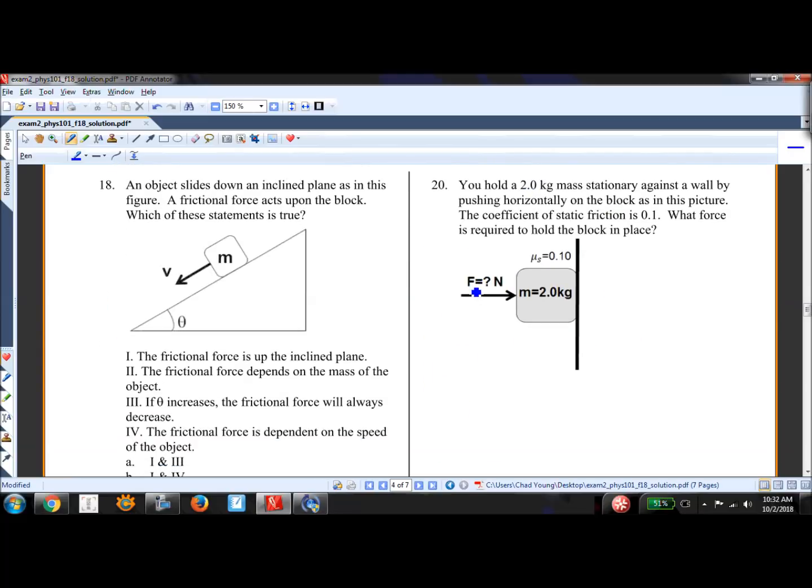All right, an object slides down an inclined plane as in this figure. A frictional force acts upon the block. Which of these statements is true? The frictional force is up the inclined plane. Yes, Fk is up the inclined plane. The frictional force depends on the mass of the object. Yes, because the frictional force depends upon the normal force, which is affected by the gravitational force, which of course is affected by the weight and the mass. If theta increases, the frictional force will always decrease. Yes, because if theta goes up,